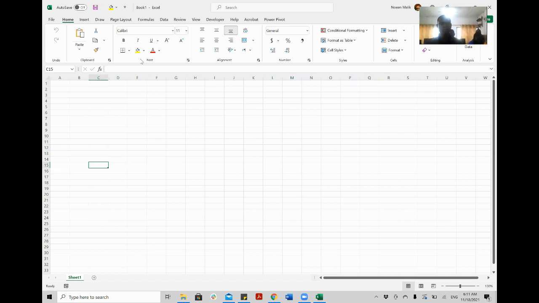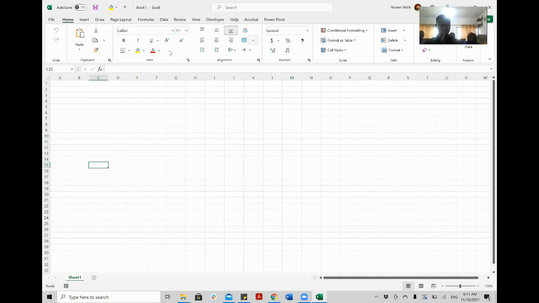Now, if you see here on the top ribbon, you can see many things are the same as Microsoft Word. For example, this box for formatting is the same as in Microsoft Word. This box is somehow the same, not exactly the same as in Word, because it has some extra features.